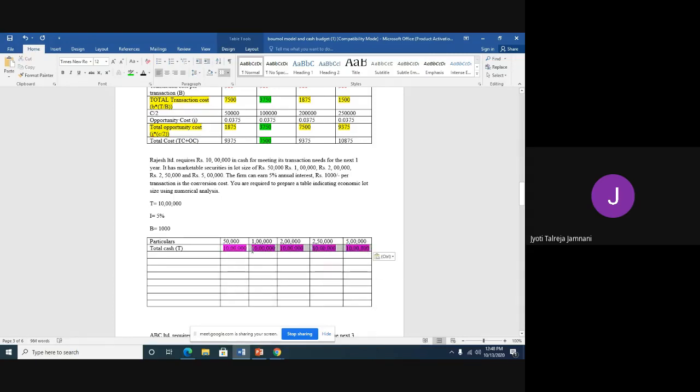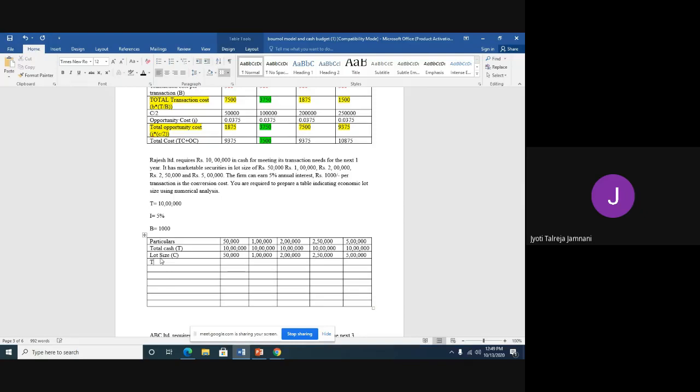Okay, now next we will take C. What is C? The lot size, which is given in the question, which I have written on the table also. So these options which are given, 50,000, 1 lakh, 2 lakh, these are the C values which they have given. So this is as good as 5 different sums, but we are doing it in one tabular way to find which is the optimum capital structure.